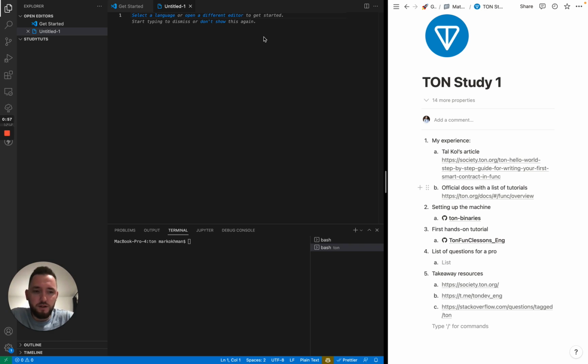trying to get my head around Ton programming was quite a challenge from the first steps, and I was missing some tutorials from guys who would also be making their first steps, and those who try to make something meaningful in the same way. You know, if you're a developer, you know that in order to make something meaningful, you have to write quite a few hello worlds and pizza apps, you know. So